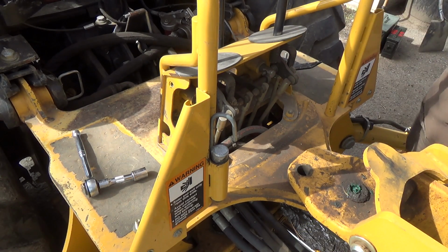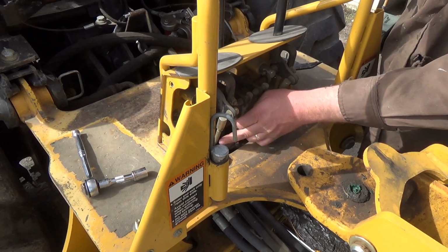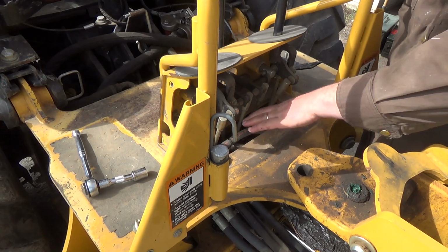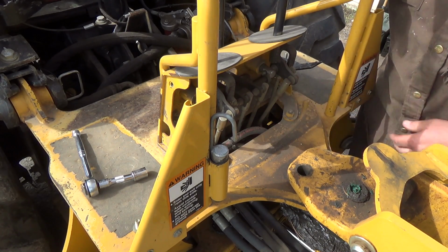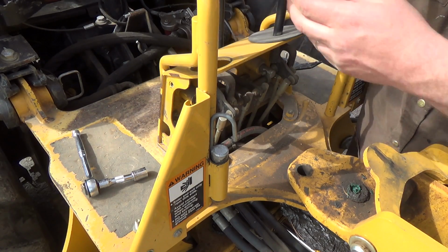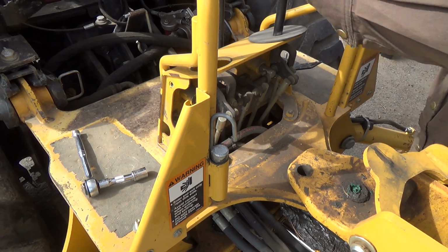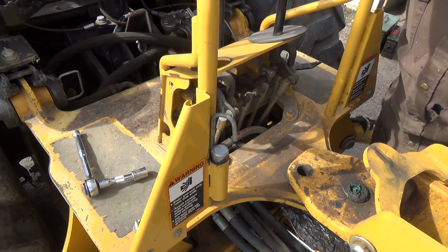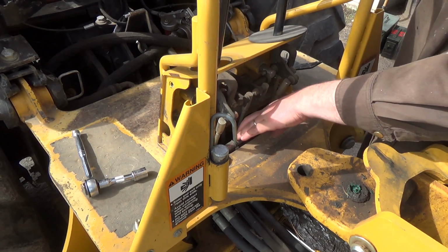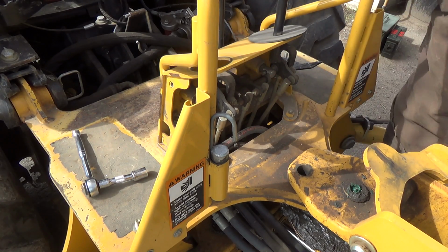Okay, what do we got going on in here? First of all, I see something I don't like right there. This control valve here is rubbing on this hose. Now, how come that's done that? What's changed there, I wonder? Geez, I might have to get a light. I can't quite see down in there. I wonder if it's just that hose rubbing. Maybe. I'm not too sure if it's the hose or...